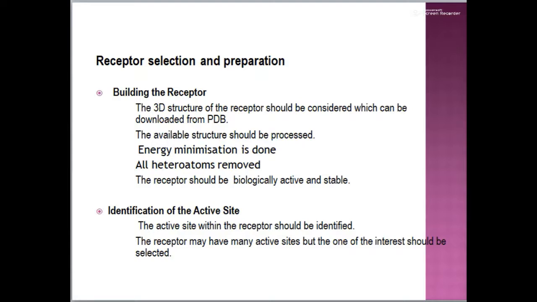Now see, when you get the 3D structure, sometimes it might be obtained by X-ray crystallographic studies, or various other techniques can be used to get the 3D structure. Sometimes certain heteroatoms, that is atoms other than its native atoms, can be linked to the atoms in the 3D structure. So you have to remove these heteroatoms, and at the same time energy minimization also should be done, because